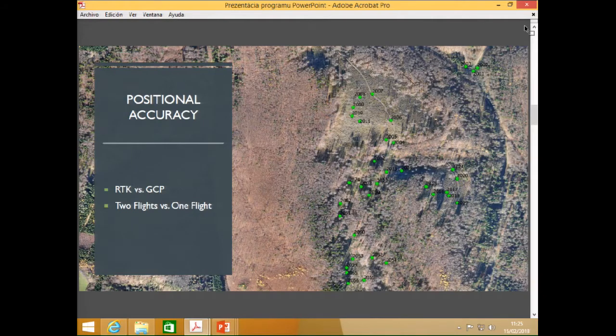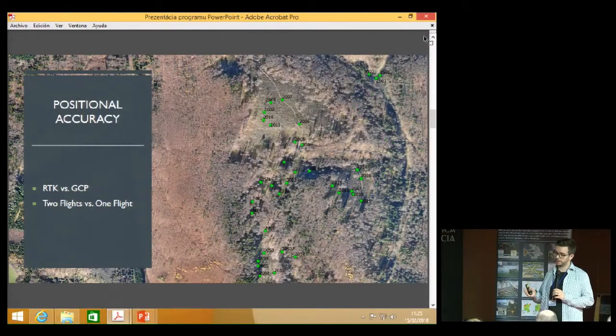And we have also decided to make one flight in one direction and then a second flight perpendicular to the first flight, to see if this is going to bring us something, or if it is useless to spend the time and money to make two perpendicular flights. And not just for the positional accuracy, but also for the resolution of the point cloud, and also for